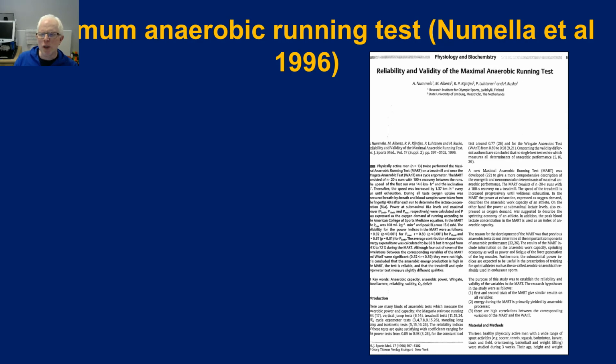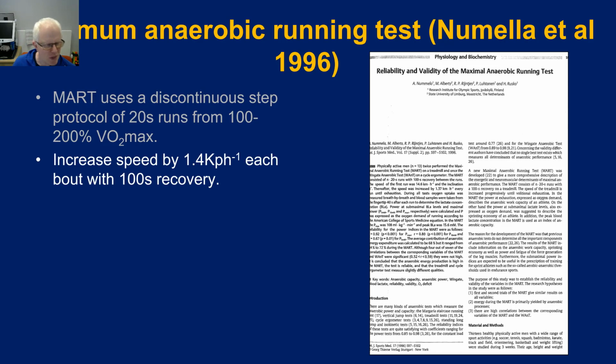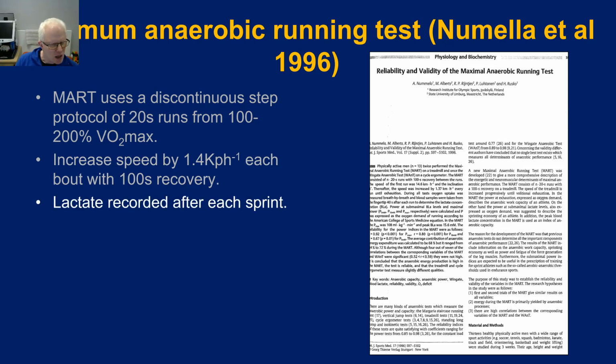So we'll just very quickly look at this test from Numella, and then we can get on to the close to gold standard. Numella proposes what's called the maximal anaerobic running test. In this example, it's a discontinuous protocol, 20-second runs, and you start at VO2 max, and each progressive run gets higher and higher until we end up at 200% VO2 max. Each run has 100 seconds recovery, and they increase quite slowly by about 1.4 kilometers per hour. And what you do is you then take a lactate concentration